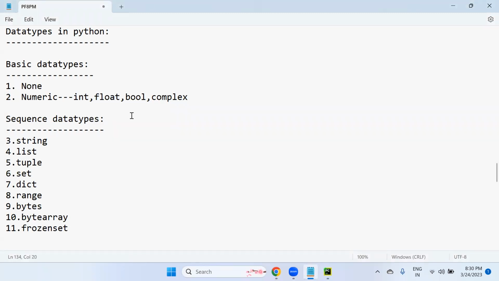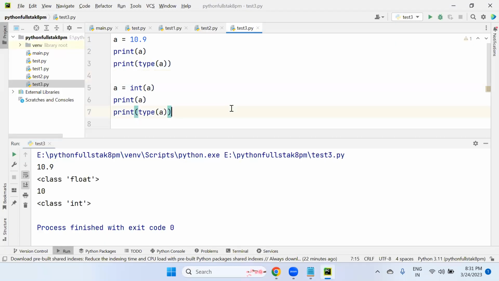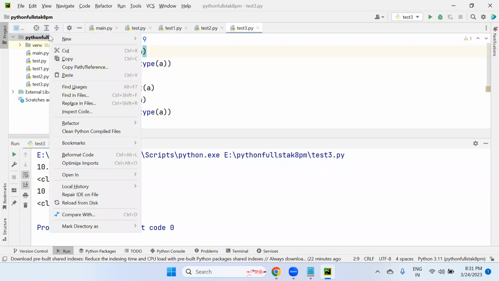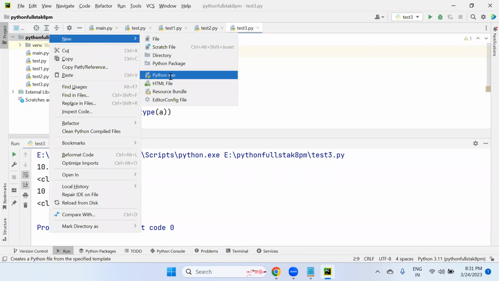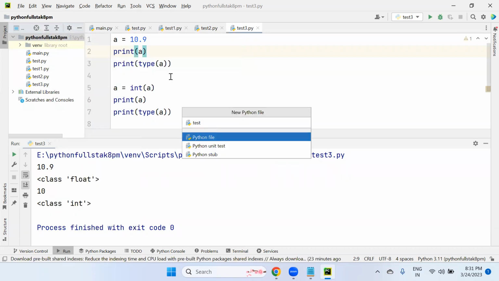Every time we write a Python program, inside the program I'm declaring values and assigning values to the variables, but so far I didn't accept any values at runtime. Got it? So let me accept one value at runtime. See how to accept input values at runtime in Python. Let's try to accept the values at runtime.